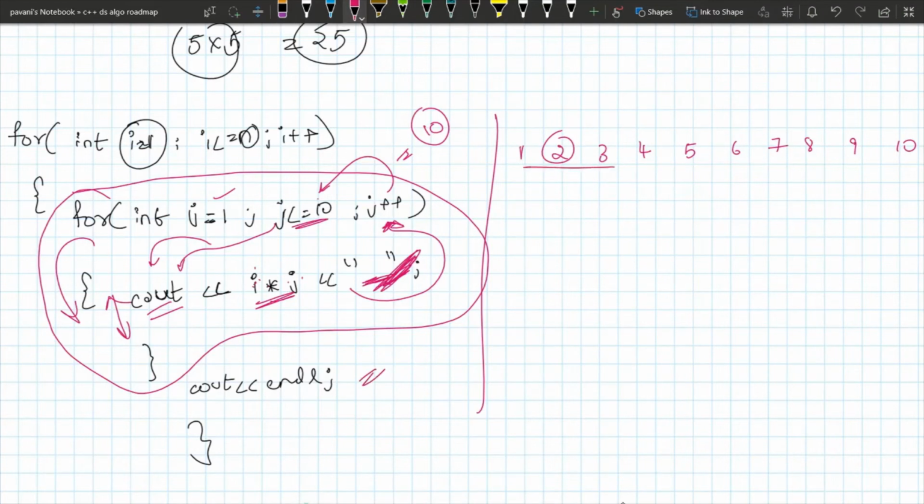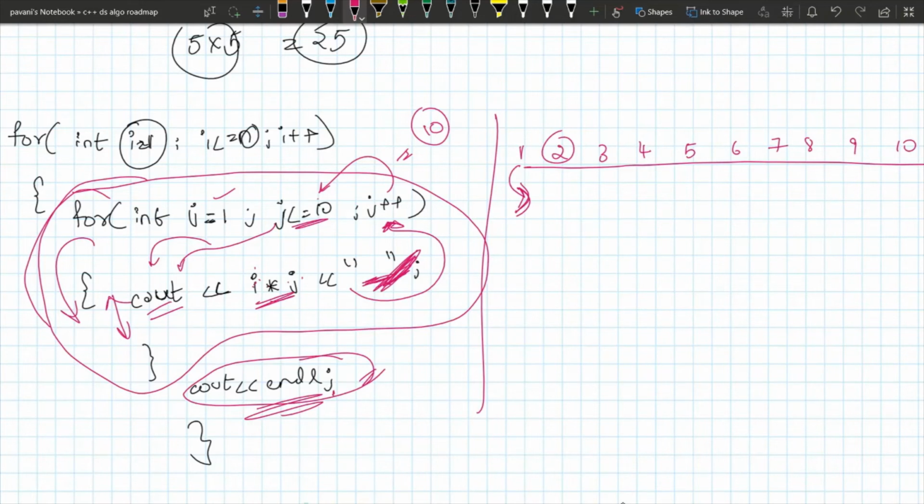After completing one full iteration of i, meaning after completing all the j iterations and printing the numbers of one table, the multiplication numbers of one table, it takes a break and enters the next line. That is why I've put cout endl. Okay, I think you understood this. After completing this logic, as the block of code written in the outer loop is completed, it is going to increment or decrement the outer loop, right?